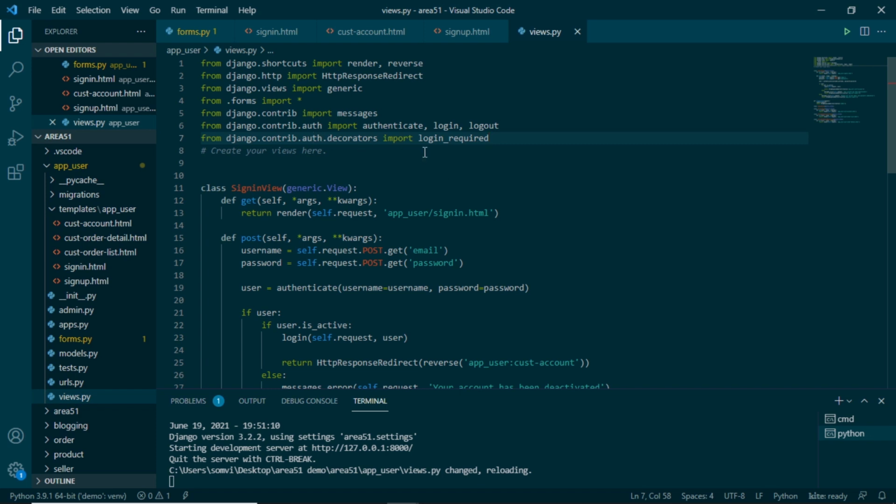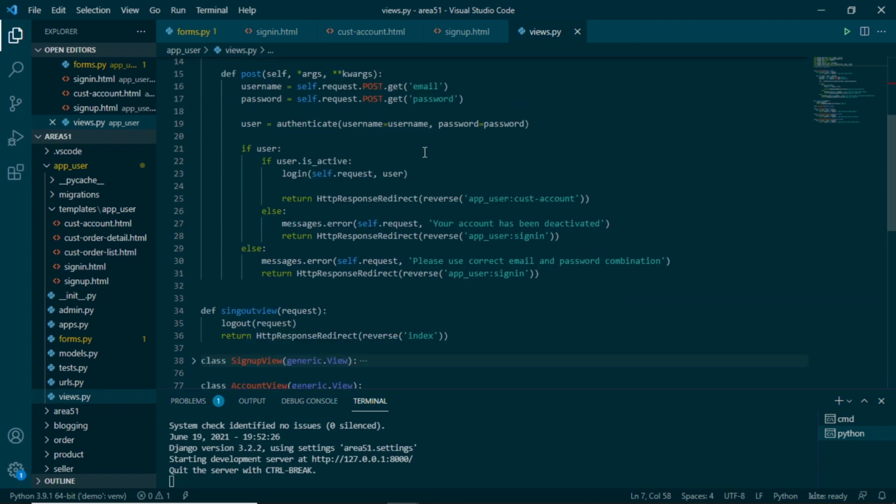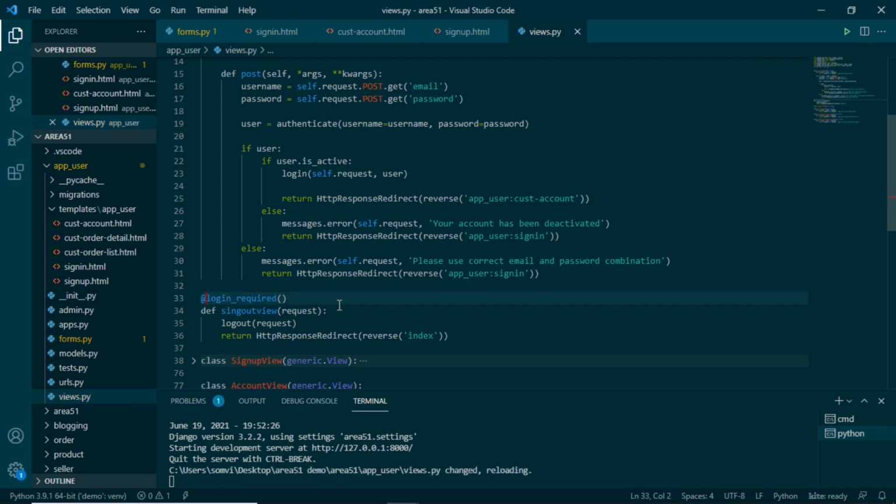What it will do is see if the user is logged in or not. If the user is logged in, then only it will use the sign out view. So let's use this. We will say login required and we will make it a decorator using @, and we are done here.